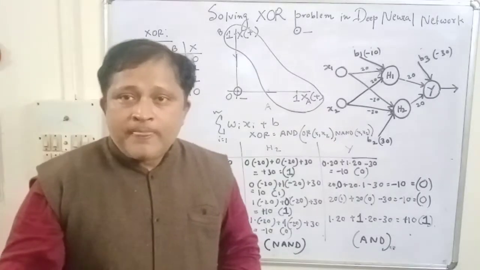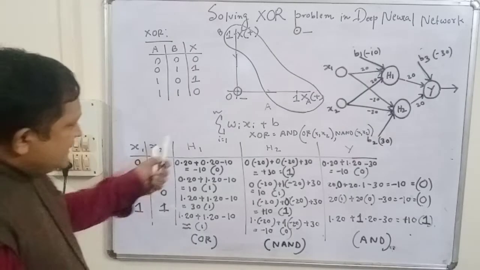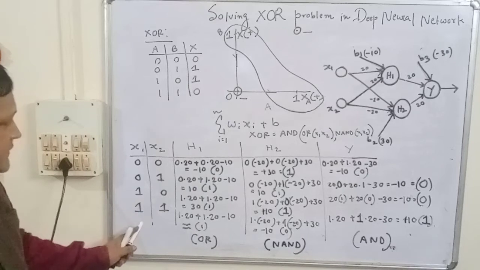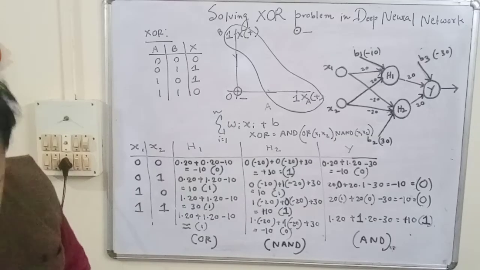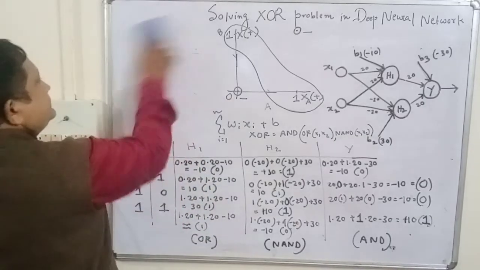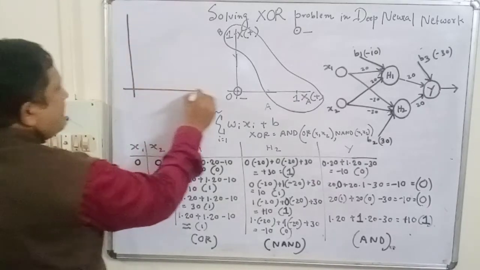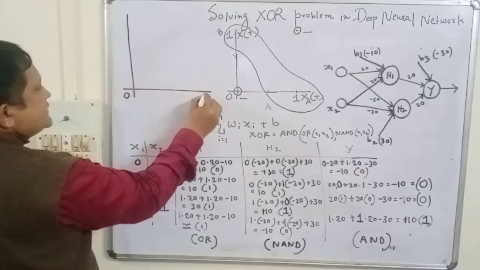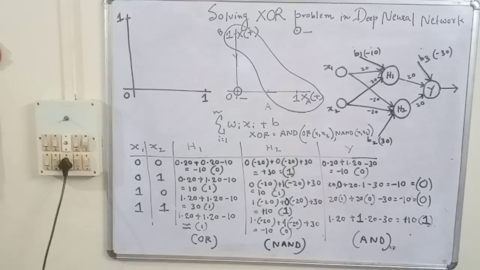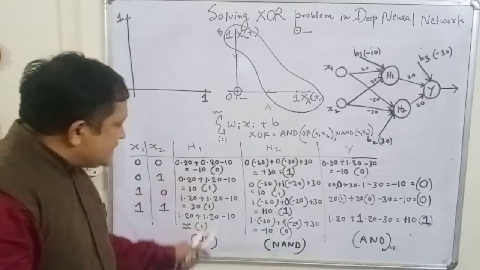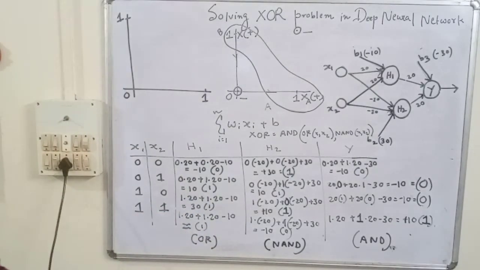comes to the point of how to solve it, the linear separability in this case. Now you see h1. h1 will be 0 only when x1 and x2 are 0. So let's redraw the figure. This is 1 and this is 1. Now h1 will be 0 if both the inputs are 0, otherwise in all the cases h1 is 1. It's an OR output, so h1 is following OR.